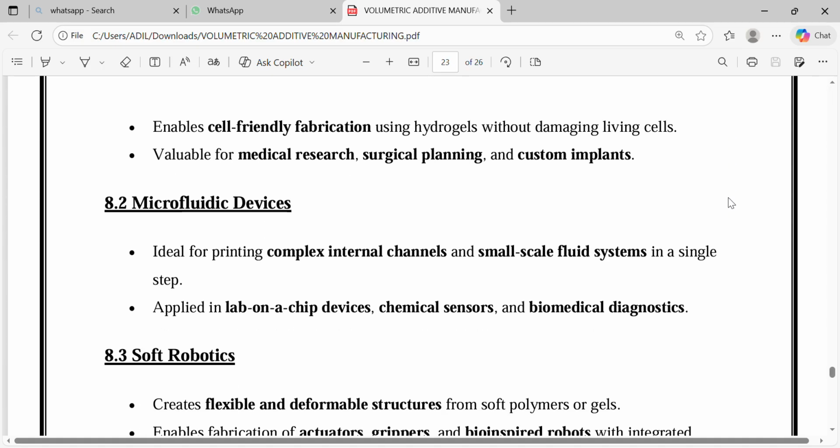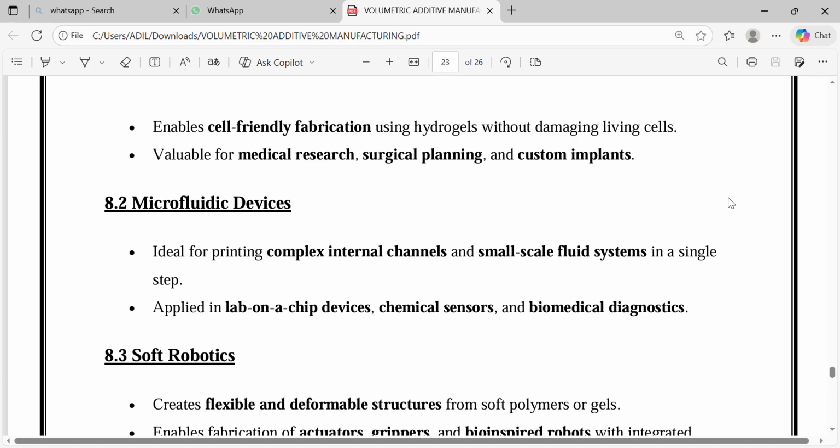The second is the microfluidic device, ideal for printing complex internal channels and small-scale fluid systems in a single step, applied in lab on a chip devices, chemical sensors, and biomedical diagnostics. For complex internal channels, WAM enables the creation of complex geometries and customized designs, with applications found in aerospace, medical devices, and heat exchangers. For small-scale fluid systems, WAM enables the miniaturization and customized design, with applications in lab on a chip devices, microfluidics, and